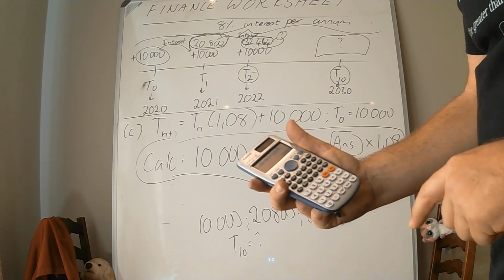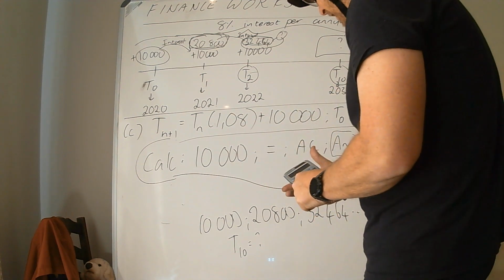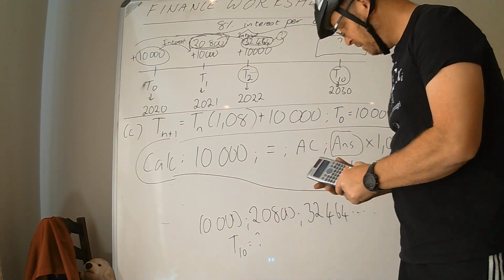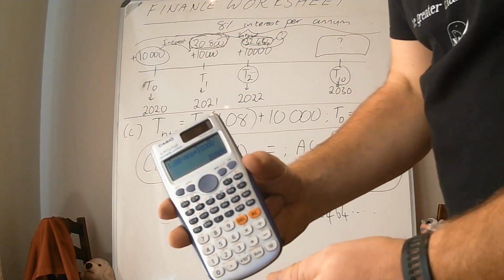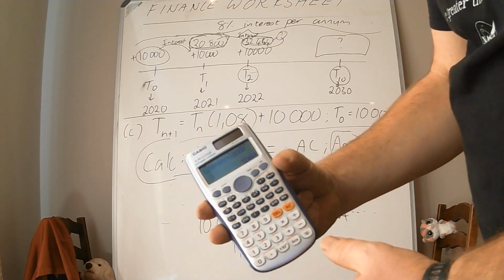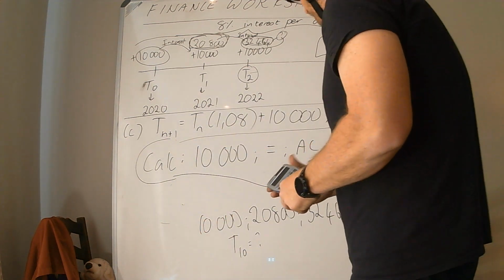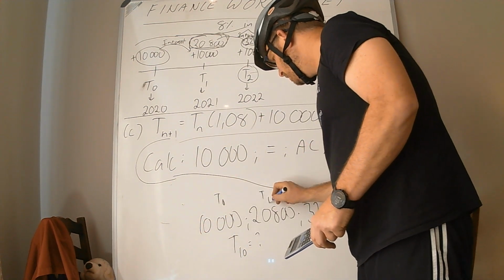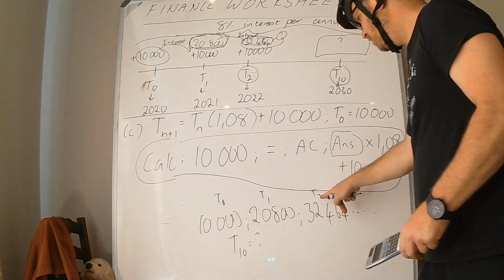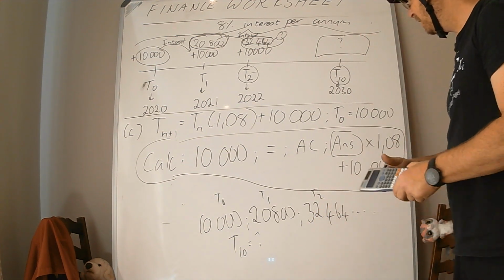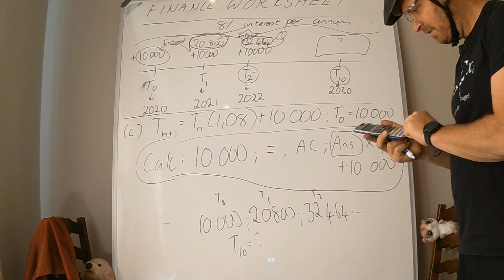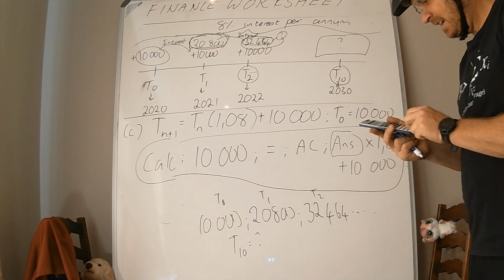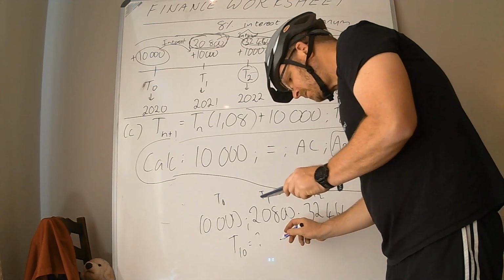If it's working, when you press equals, you should get 20,800, which we do, and the next one we should get 32,464, and if I press equals again, you get 32,464. So I've got term 0, term 1, this is term 2, okay? So I'm looking for term 10, so I've just got to keep counting, 3, 4, 5, 6, 7, 8, 9, 10, and you get an answer of